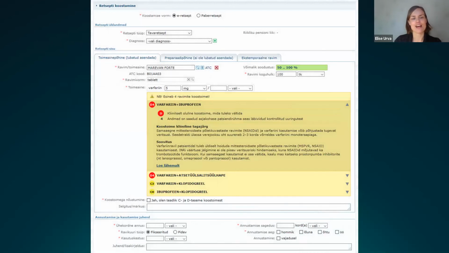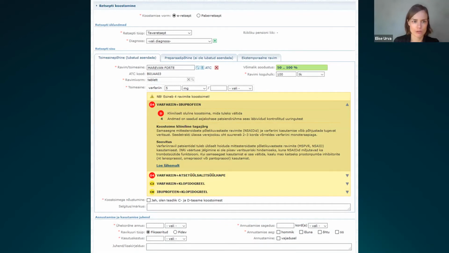This example shows the interaction service in one Estonian hospital. Every time a doctor prescribes a drug, he or she will receive a reminder about the interaction if there are interacting drugs. And the yellow box contains the clinical consequence of the interaction and a recommendation on what to do if you have interacting drugs. Doctors don't have much time to read and think about the reminder, so it has to be precise and easily understandable.